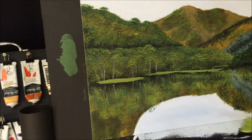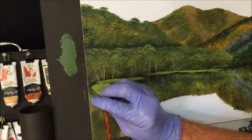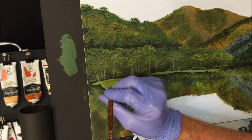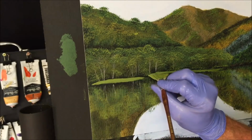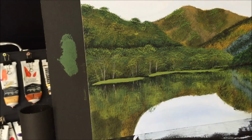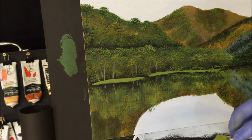And then if you lost some blacks along the way, you can put them back. And this is going to really make our water pop when we put the surface on top of the water. Okay, let's get that a bit sharper there. How's that? Now what I might do is I'm just picking up some more yellow again, just so as that bank that I've put on just there then, give it some